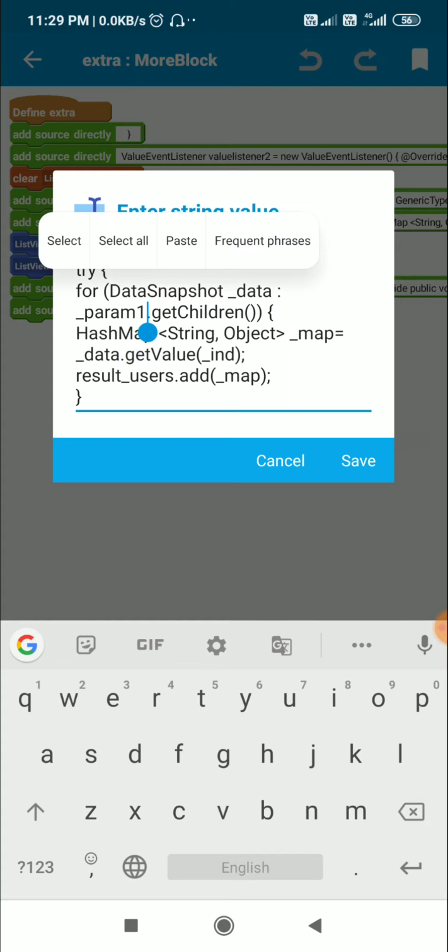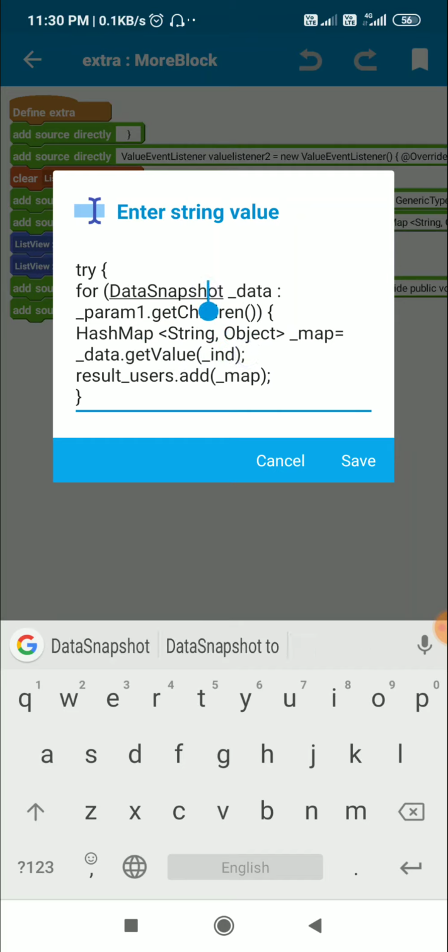From this it gets all the children, and the snapshot of each child is this data snapshot underscore data. So suppose the result contains 5 map variables, then each map variable will be this underscore data, the snapshot of each map variable, and the snapshot of all 5 map variables will be underscore param1. So from param1 I get children, and for each child there is this data snapshot underscore data.